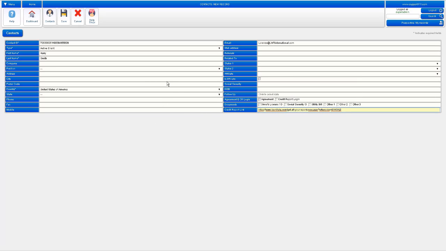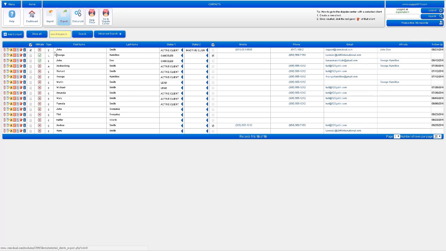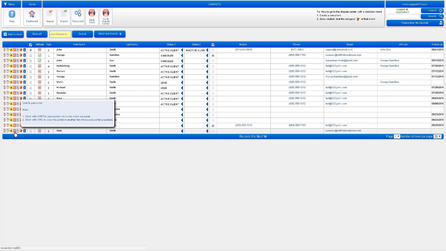So once you have that, and again, this is a case where your client could be on the phone or not, it doesn't matter. You just enter the name and the email. You're gonna leave everything blank, meaning the address, phone numbers, social security, date of birth, etc. And you're going to save this record, and you're gonna post the portal just by clicking the C icon here